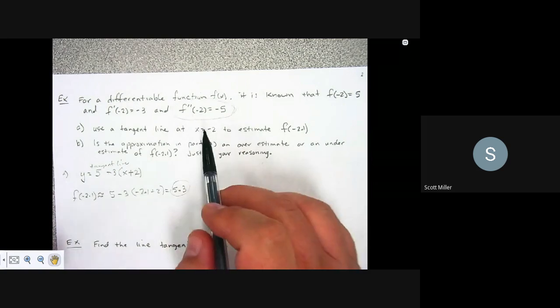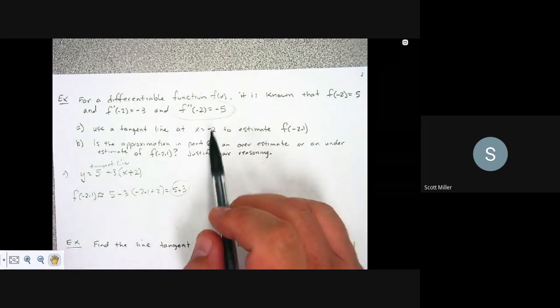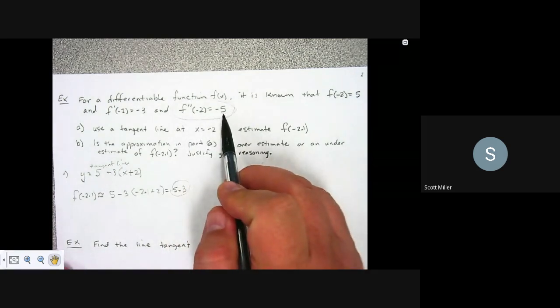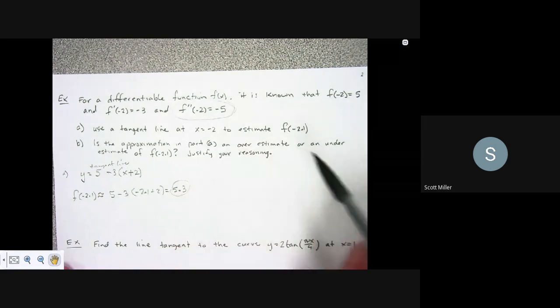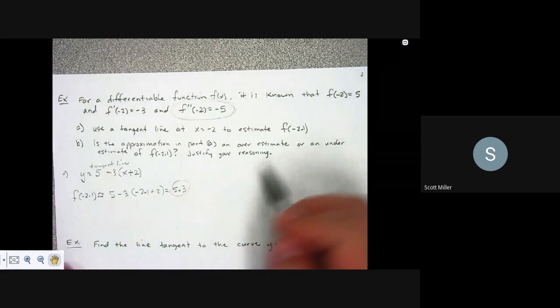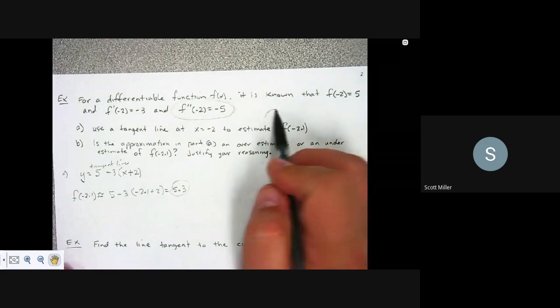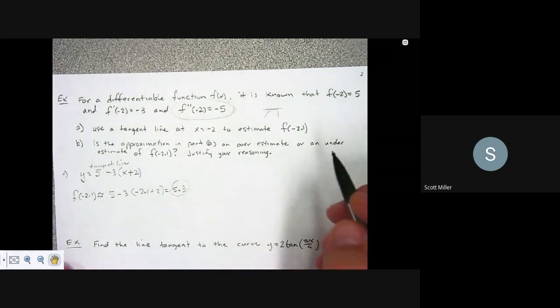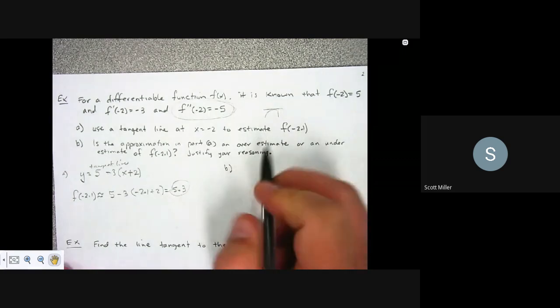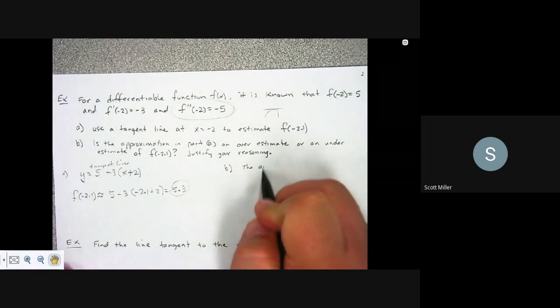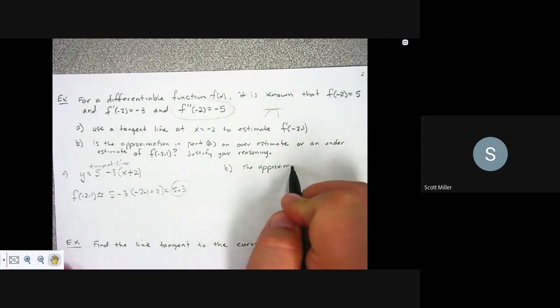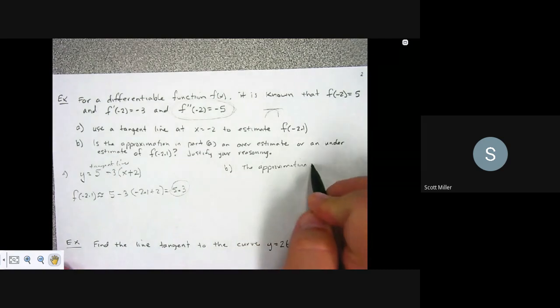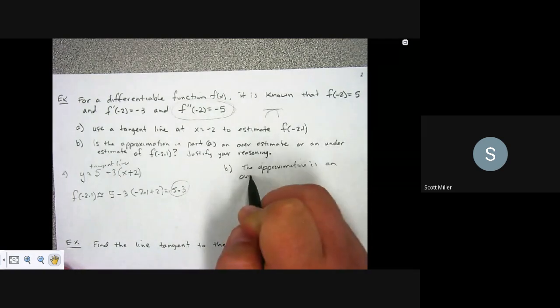Because this second derivative deals with the curvature, the concave up or concave down nature, and we see that it is negative, then that means it is concave down. And since it goes like this, the tangent line's up here, we can see that we're going to have an overestimate. So part B you would write it this way. The approximation is an overestimate